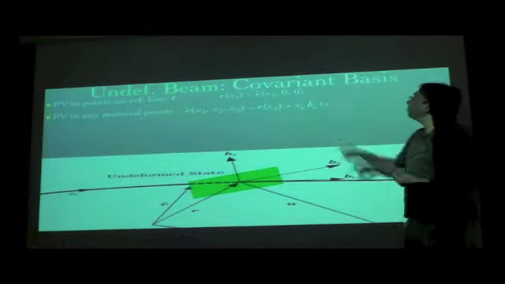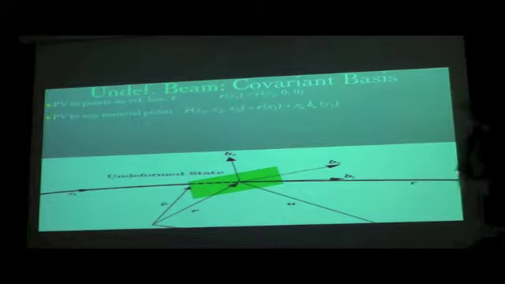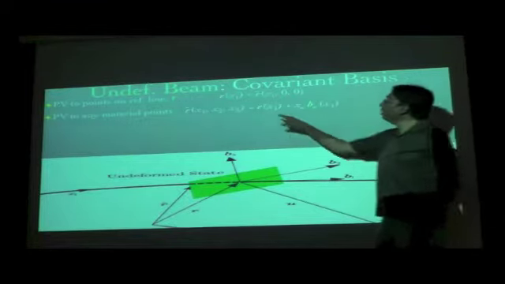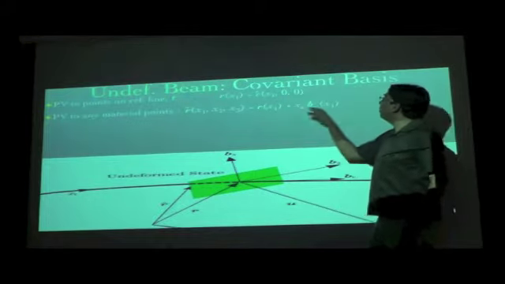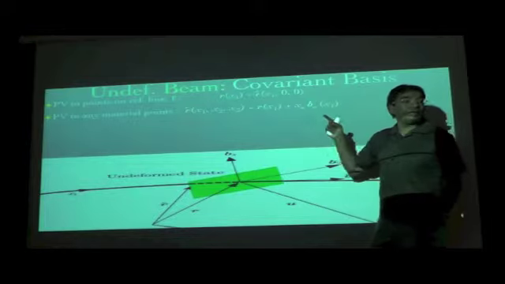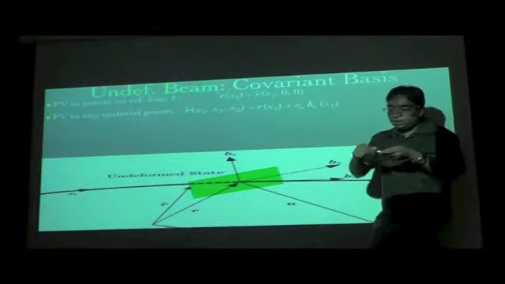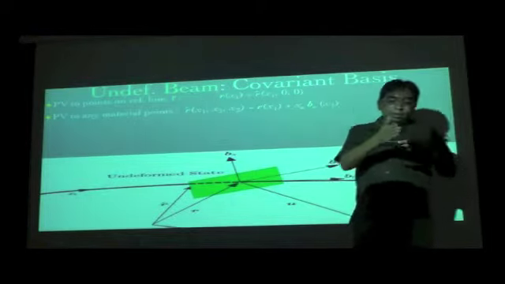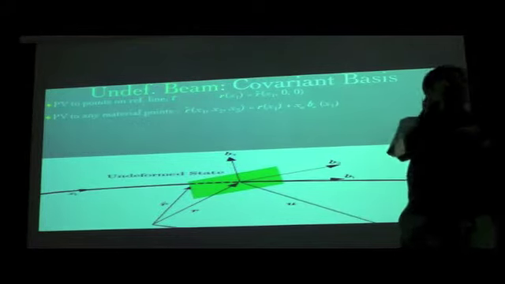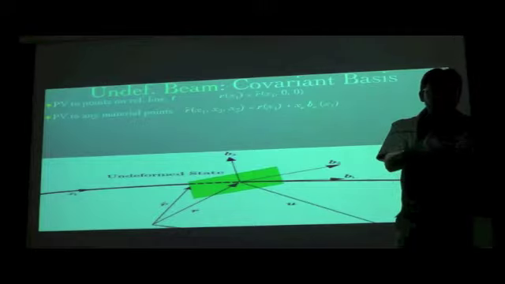So you have x alpha b alpha, with an implied summation over alpha, and because it is an initially curved and twisted beam, not only is R a function of x1, but more importantly, b alpha is a function of x1. For example, if it is initially twisted and I take b2 and b3 such that for a rectangular cross section b2 is along the width and b3 is along the thickness,